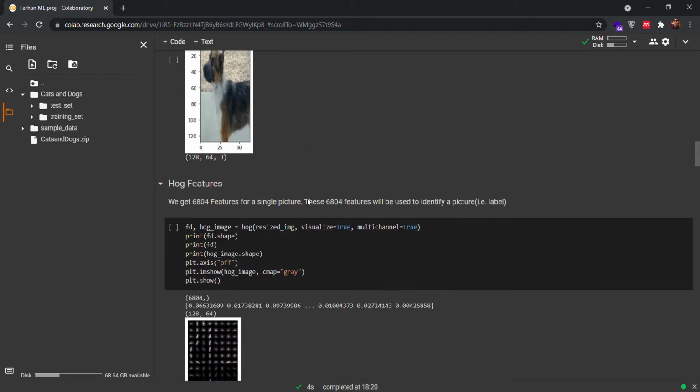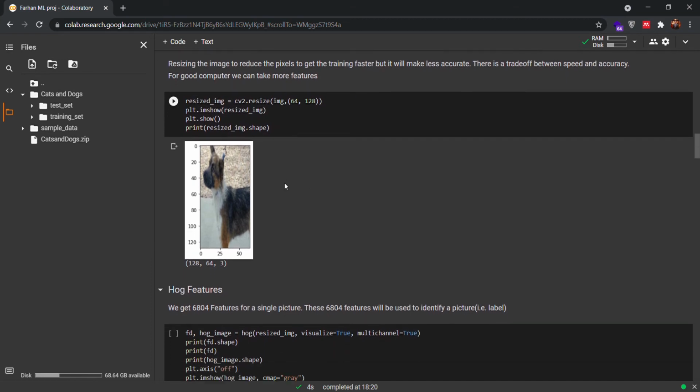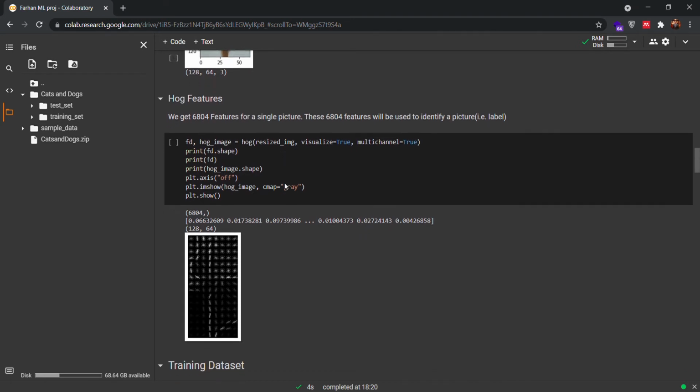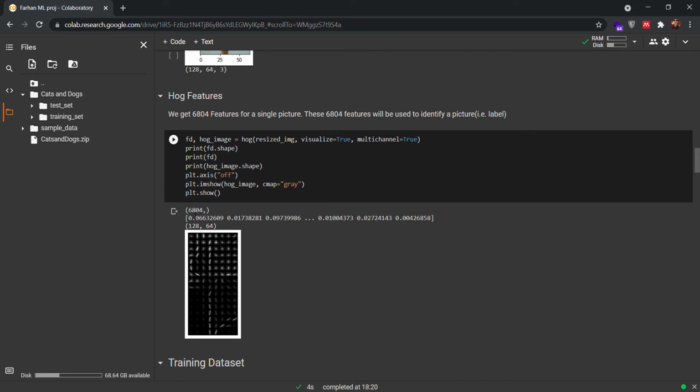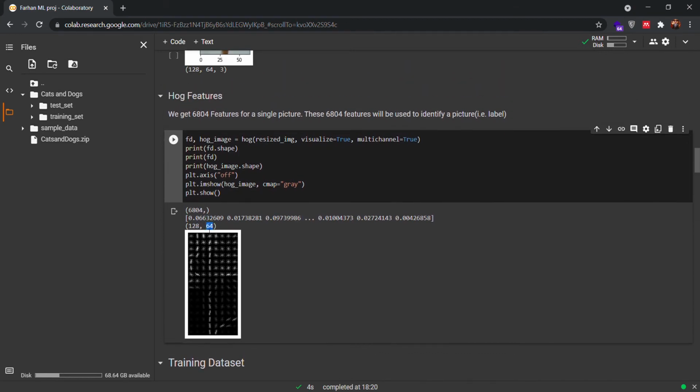and then I have used the HOG feature to calculate the features of the image, which gives us around 6,800 features. This is the features array and the size of the image now, which has been reduced to 128 by 64. Then we move on to the training of datasets.